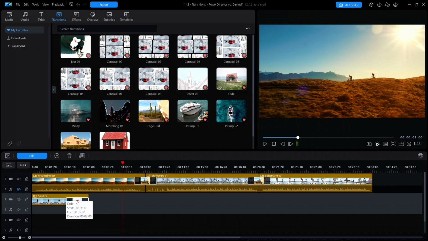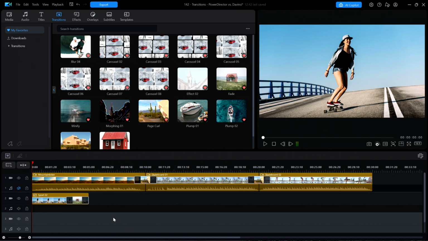By the way, did anyone notice that the transitions shown in My Favorites are shown in alphabetic order, but not in any of the other transition categories? There is a reason for that. It's spelled CyberLink. Now with the playhead at 0,